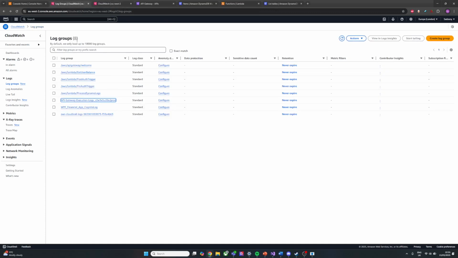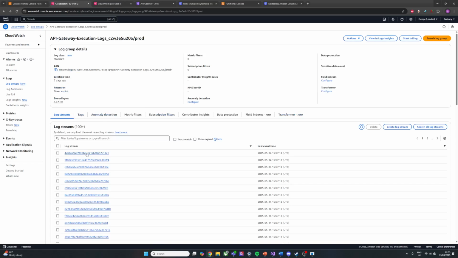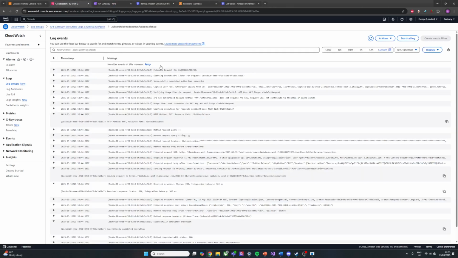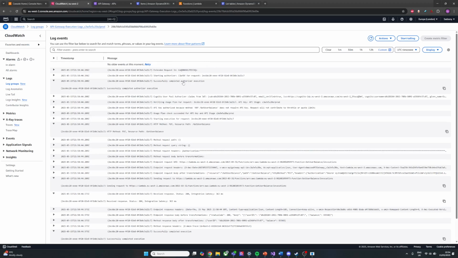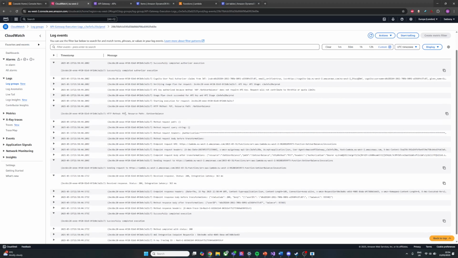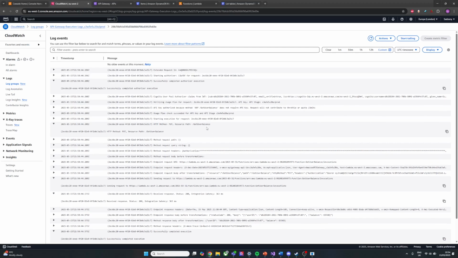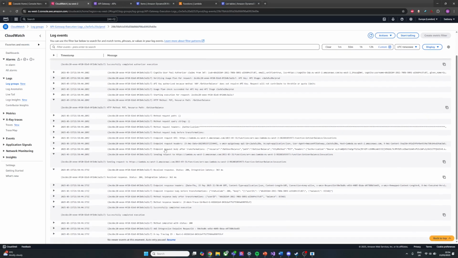So CloudWatch has logged the request to the API Gateway execution logs, which shows us that we have successfully completed authorizer execution, sent a put method on the get user balance API resource, which invokes a lambda function, which then responds with status OK and